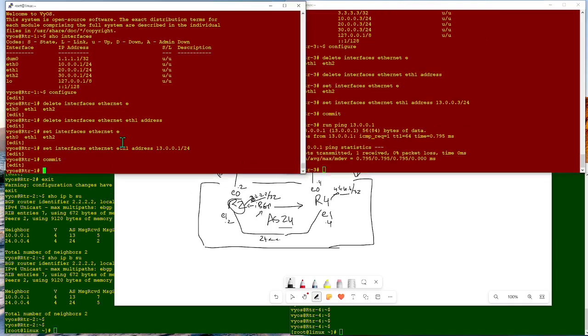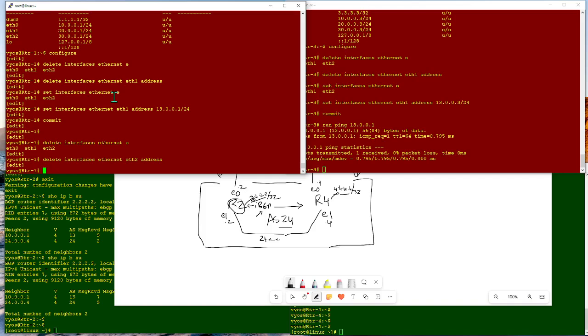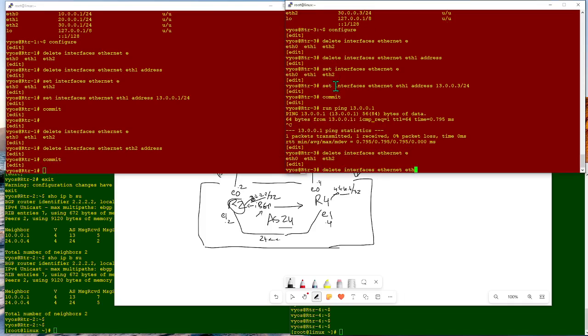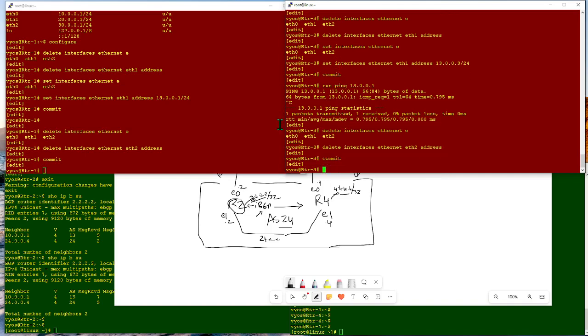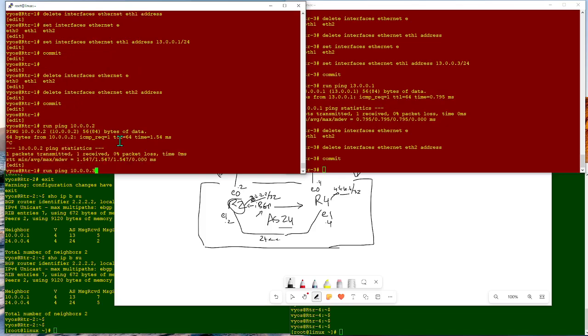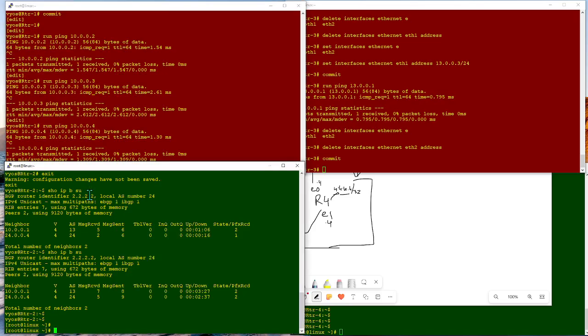Let's quickly get rid of the other one too, which is this. We're not using this. This is part of my script, so by default it does that. Delete interface Ethernet 2 address, so it doesn't cause any confusion when we're looking at it. So we're done here, and it should be able to ping router 2 as well. Run ping 10.0.0.2, that is my router 2, 3 is my router 3, 4 is my router 4. Bingo. Let's go to router 2